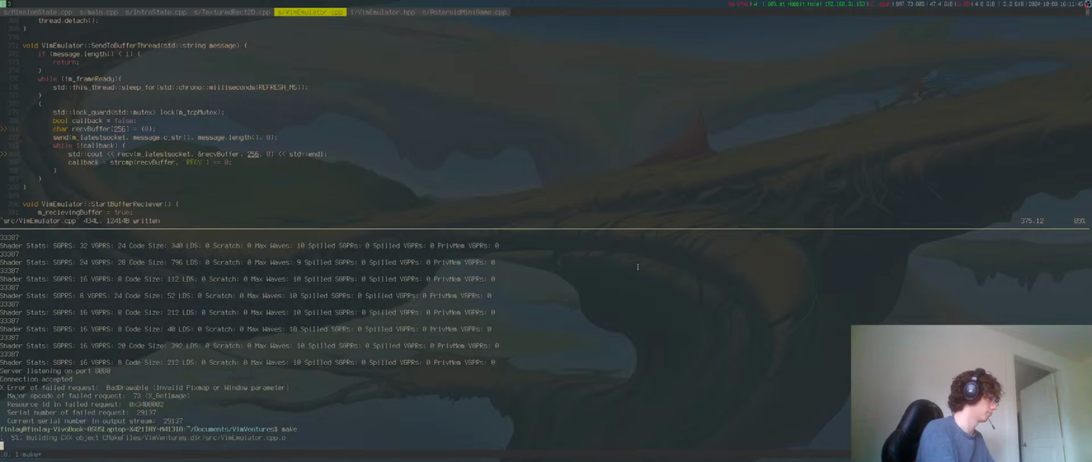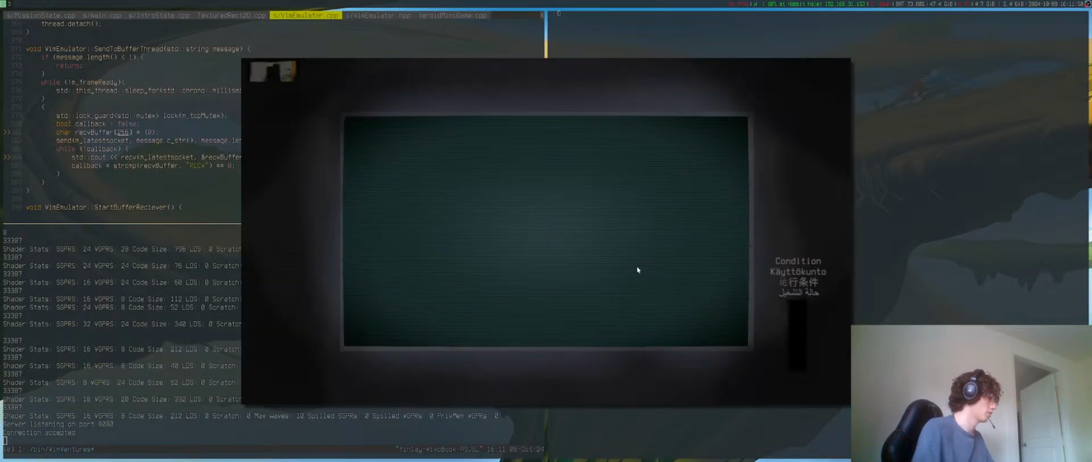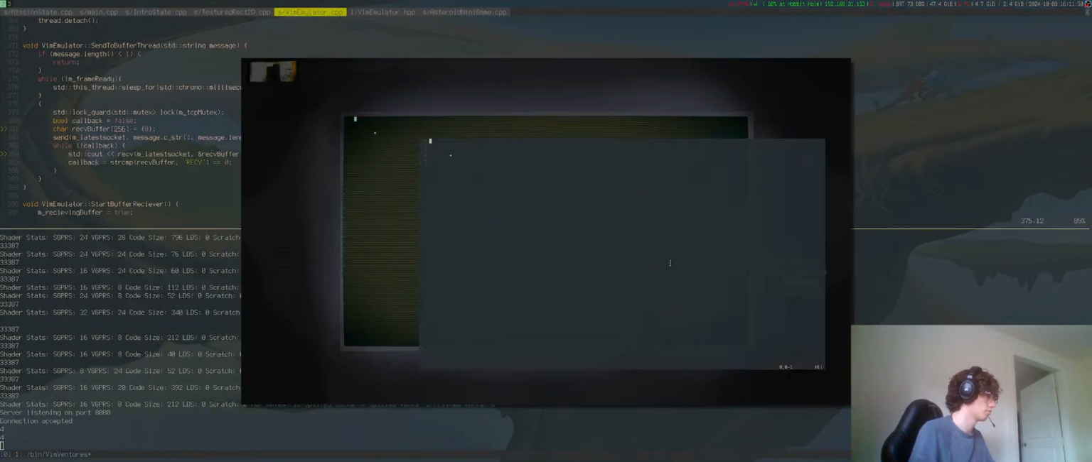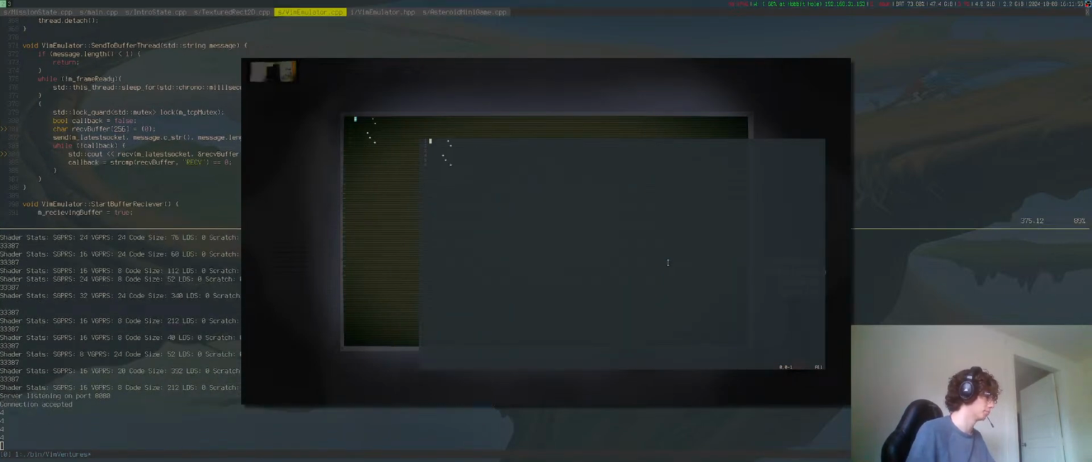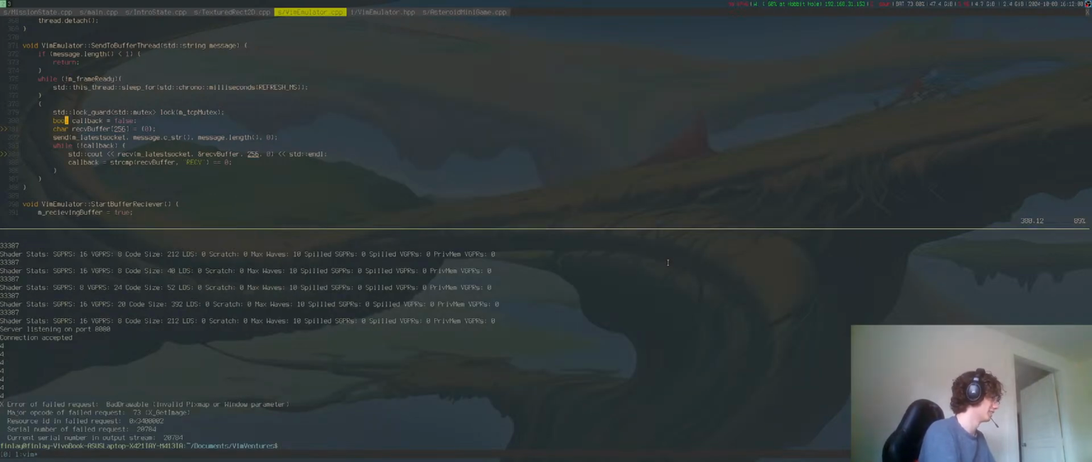Okay. This is my sanity check right here. Yeah, it's 4. Why is it not, why is that not working? Oh